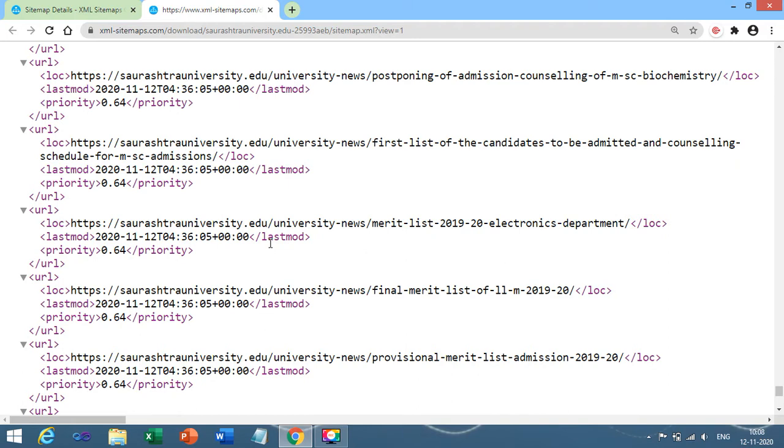You can create the sitemap for any website or any registered website with the help of any free or paid software.